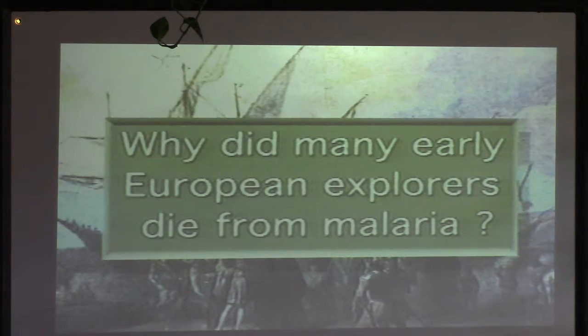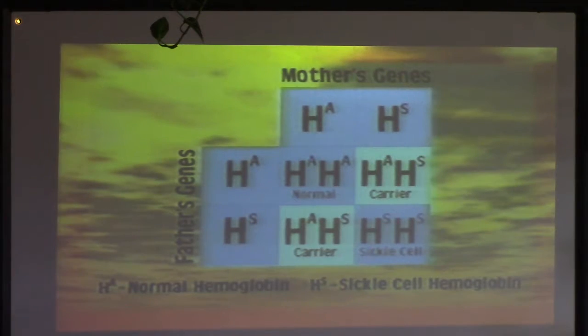Is it scratch? Find out in a minute. No. Then it was discovered that a person carrying one sickle cell gene and one normal gene